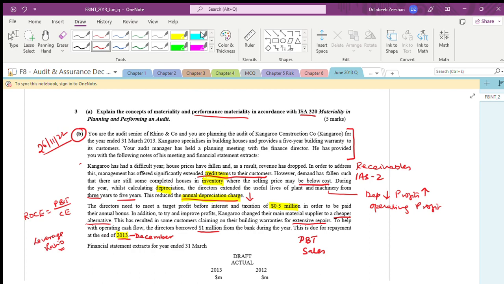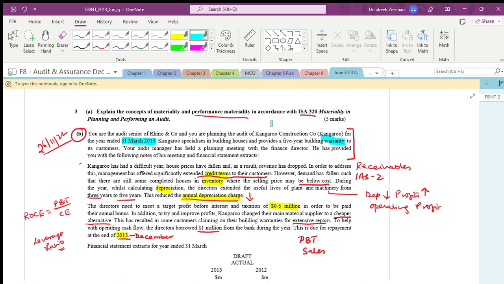When we are preparing, we have the information as of 31st March. Clearly look into it. First, you have to identify the sources. They are talking about the housing, and they are talking about the warranty to its customers. The directors need to meet a target profit before taxation in order to